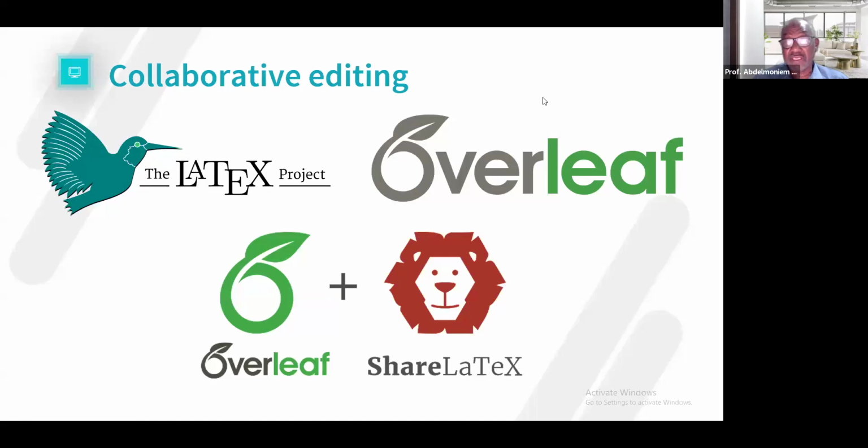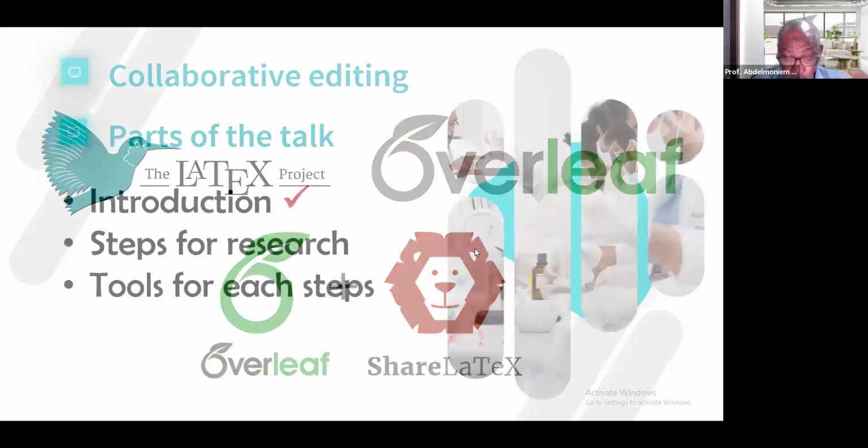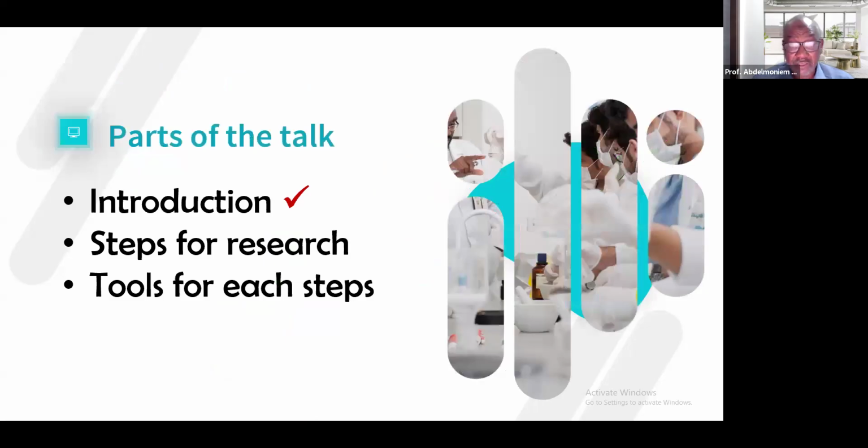These are called the collaborative editing tools. The most important of them is the LaTeX. And LaTeX have joined hands with Overleaf, so you can use share LaTeX with Overleaf, and this is for collaborative editing. I'm going to mention that again, but you need to have a look at this Overleaf plus share LaTeX for collaborative editing. So these are the old tools that you just need to know that they are there and that they are now introducing AI into them. Other tools I'm going to mention later.